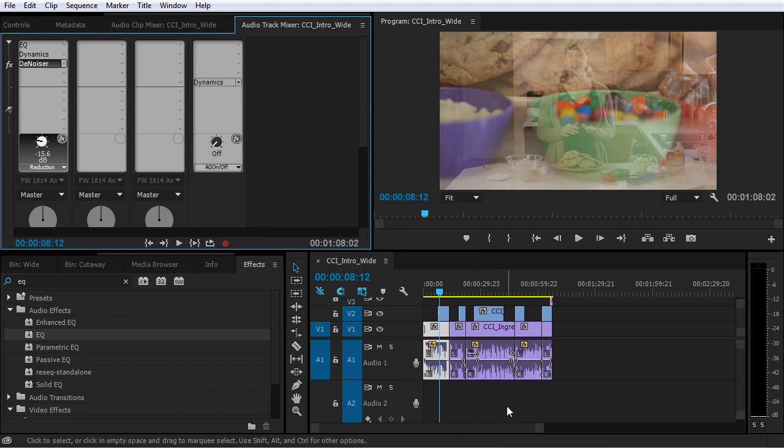If you had several instances of kind of natural outside ambient sounds, you may want to put those all on one track and then use these track effects with the audio track mixer to apply EQ and compression and other audio effects to those particular clips. But if you have one or two in your timeline, applying an individual audio effect to that clip is probably the best solution. So now that you have a basic understanding of audio clip effects and audio track effects, you're